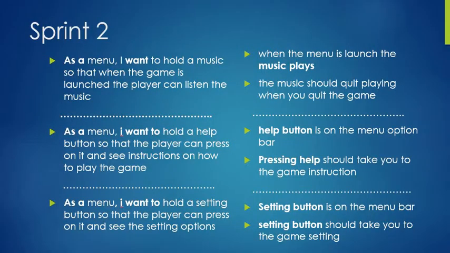As a user story for sprint two: as a menu, I want to hold the music so that when the game is launched, the player can listen to the music. Basically, when the menu is launched here, the music should already play, and the music should quit when